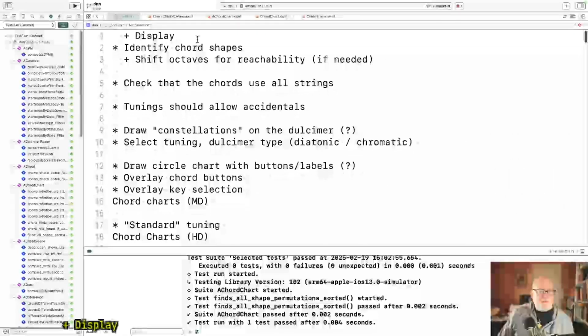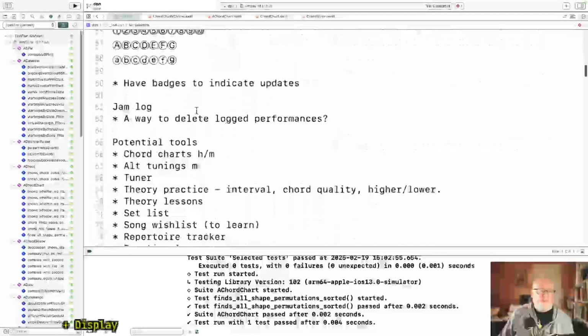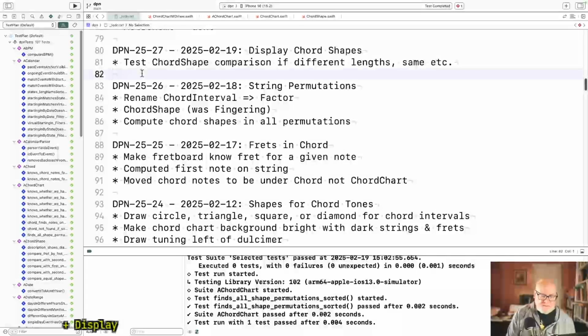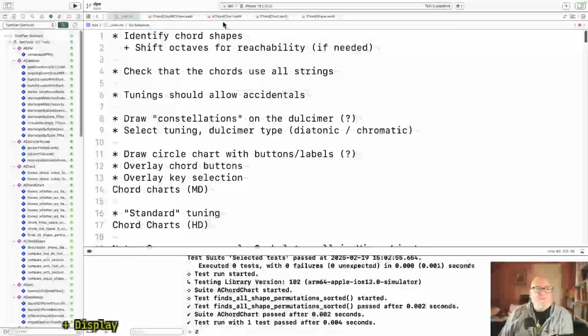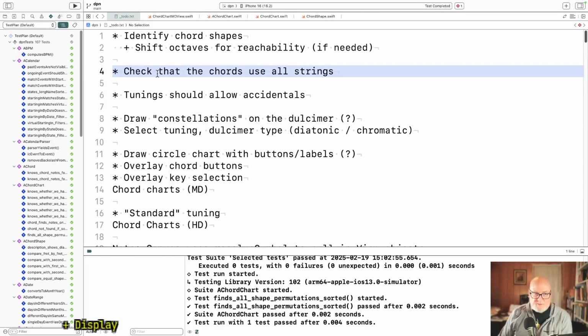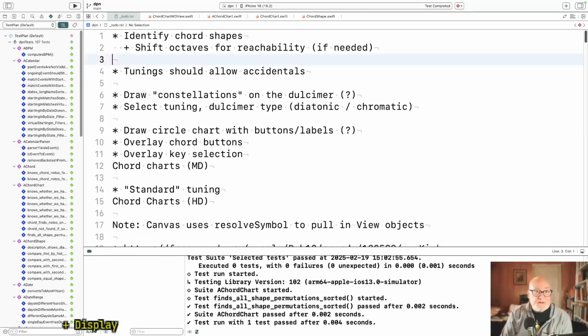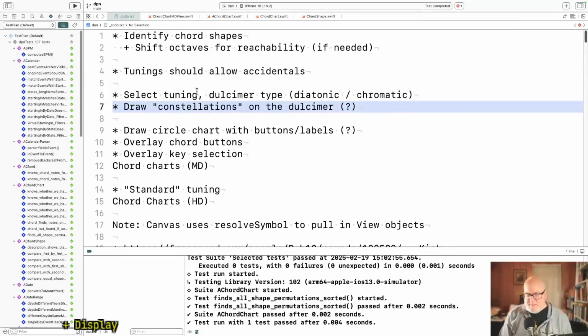Okay, now before we do the octave stuff, let's get that marked. Shift octaves for reachability. That's a good thing. I think this is obviated now. We've generated the chords in a way that they use all the strings, so we don't have to check that. Tuning should allow accidentals. Constellations, I don't think we're going to do, because it makes